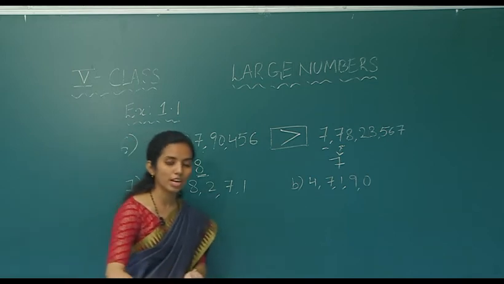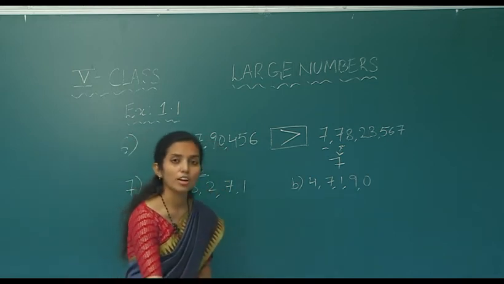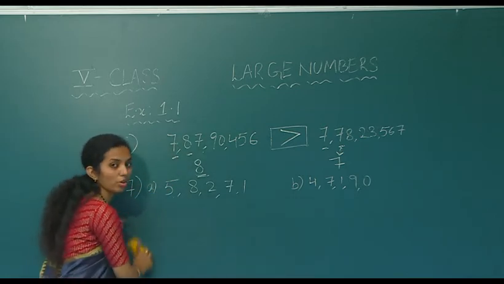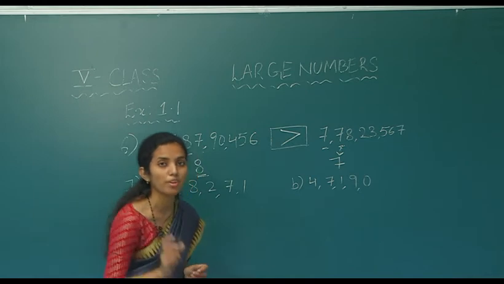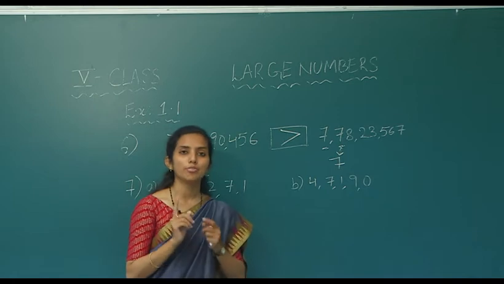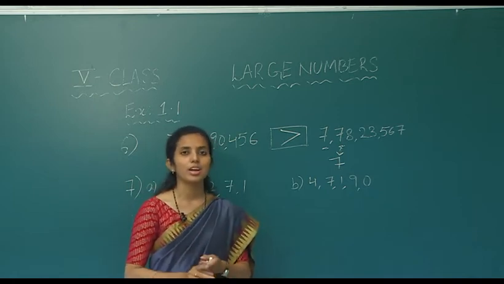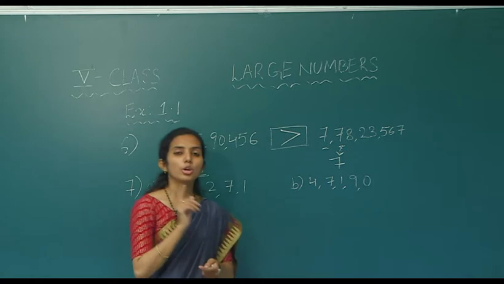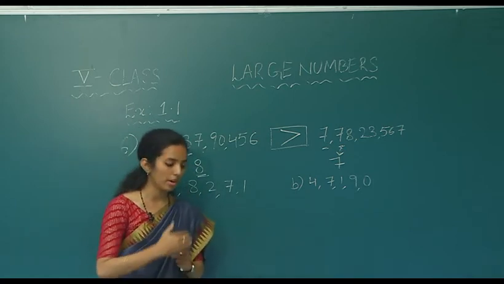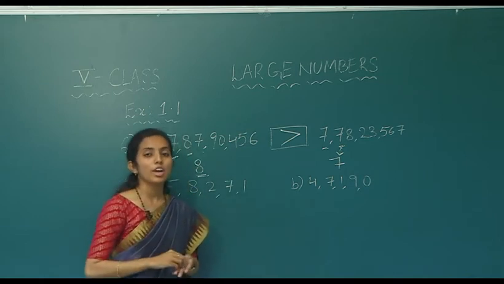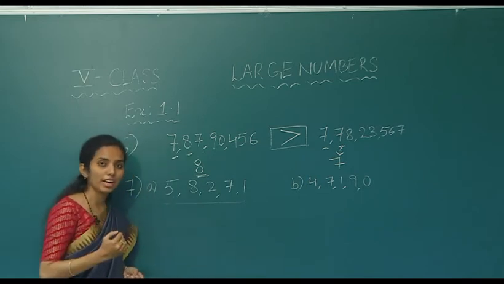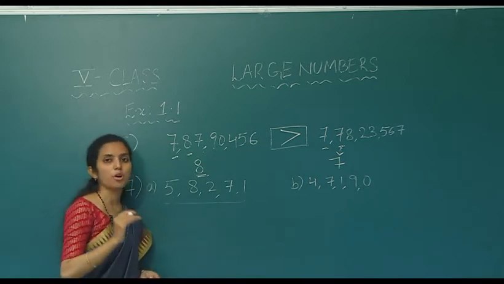So, whenever, children, do not be confused or worried about how to write all the possible numbers and how to find out the smallest number. If you are given any numbers and asked to write the smallest number, the best and simple way is to write the numbers in ascending order. Ascending order is nothing but from lowest to highest. If you arrange these numbers in ascending order, the number which we get is the smallest possible number with the given digits.